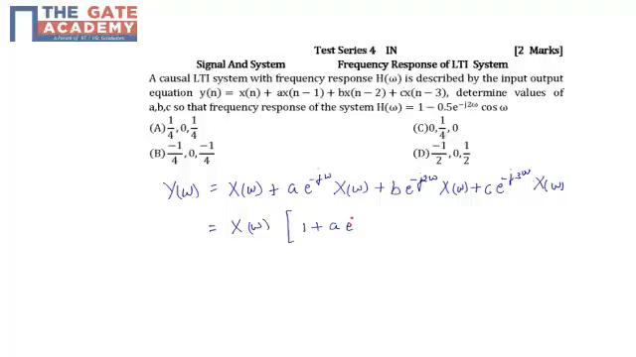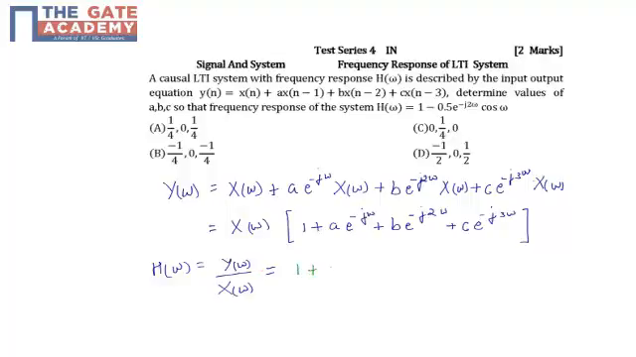e raised to minus j omega plus b e raised to minus j2 omega plus c e raised to minus j3 omega, like this. So we have H of omega to be equal to Y of omega divided by X of omega. So which is nothing but it is equal to